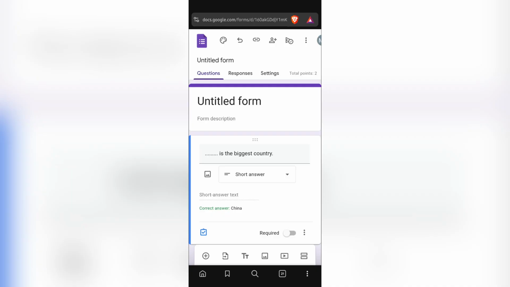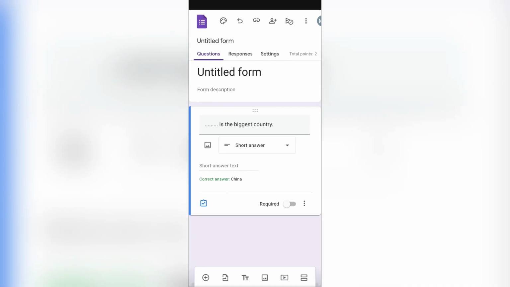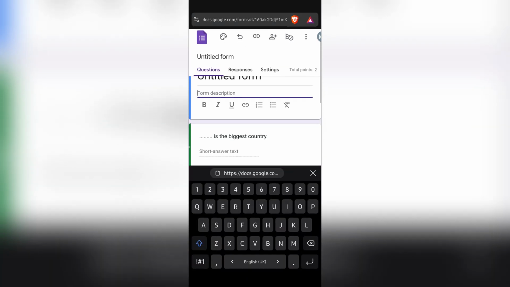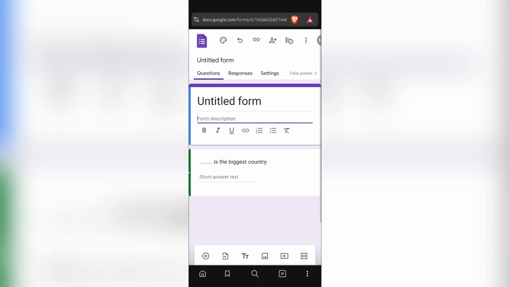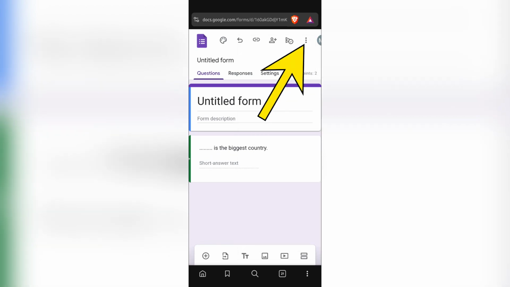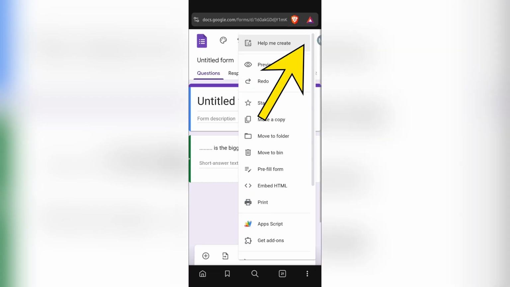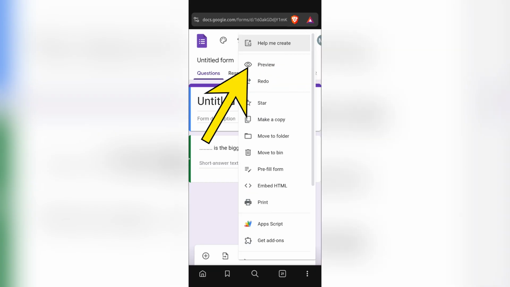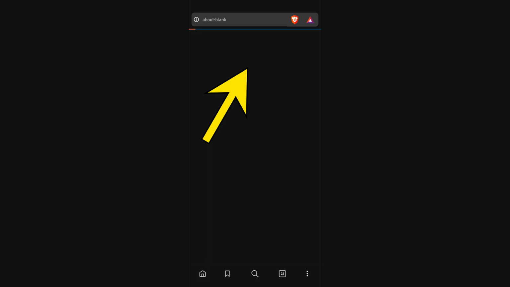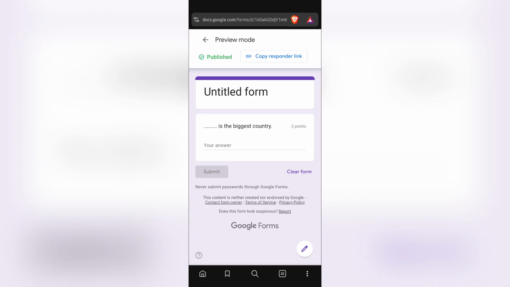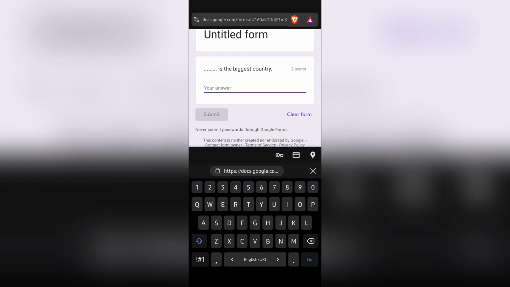Now, if you cannot see the submit button in your forms, it might be because you are seeing it from the publisher's page. If you want to find the submit button in your Google Forms, you need to tap on this three dot, and after tapping on this three dot, you will see this option of preview. Tap on the preview button, and this is how your form looks like to the respondents. You just simply need to answer on this page, and then the submit button is right here, and it will